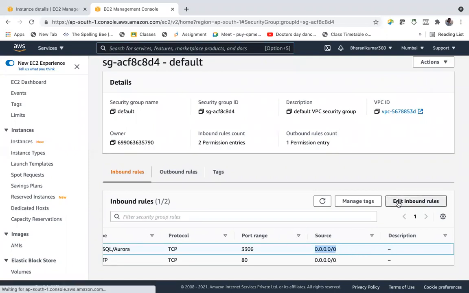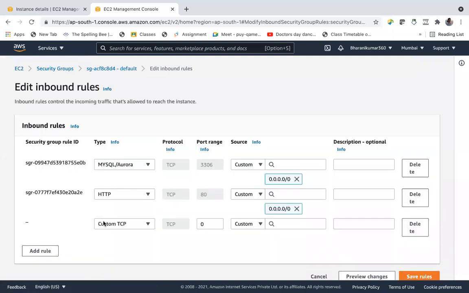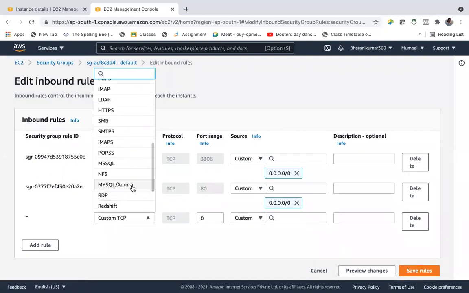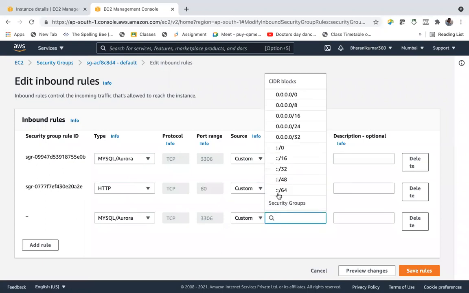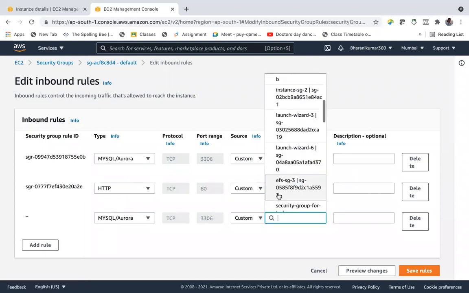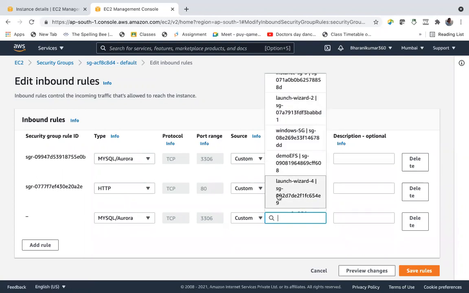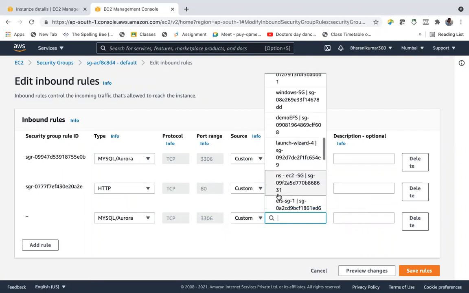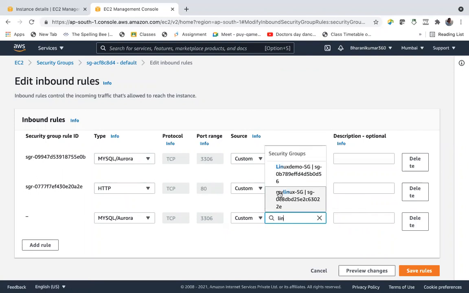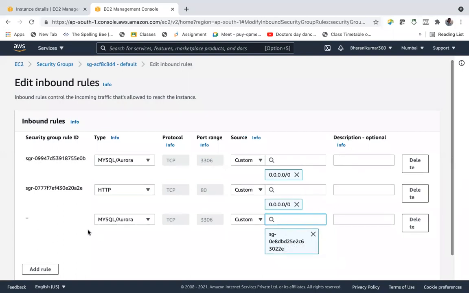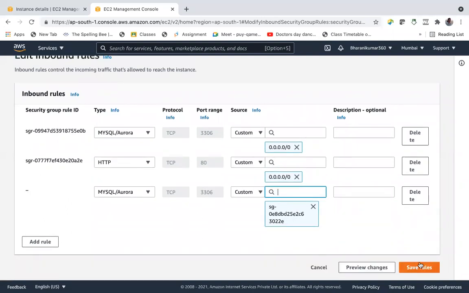So edit inbound rules, add rule, MySQL rule, this time from the security group of the EC2 instance, MyLinux SG. Our EC2 instance is a part of this security group, right? So that's it. And save rules.